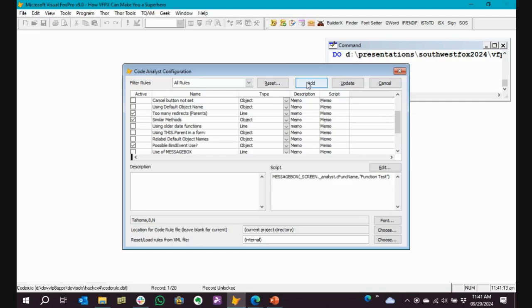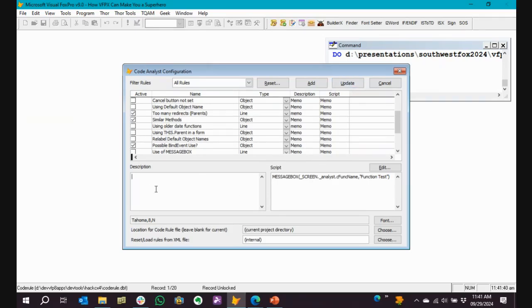You can add your own rules, which is super important. You can update the existing rules if you're not comfortable with some of the parameters per se, because there's one that will check how many lines of code are in the method. If you're uncomfortable with the number it is, I think it's 150, you can change it to 5,000 if you want. If you want it to be 25, make it 25. You'll just get lots more warnings.